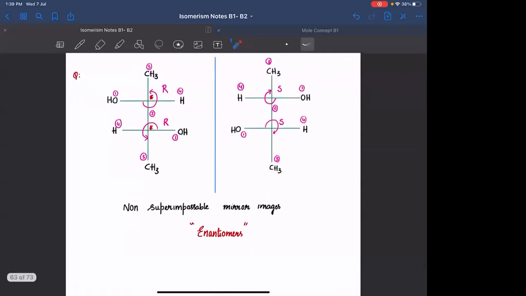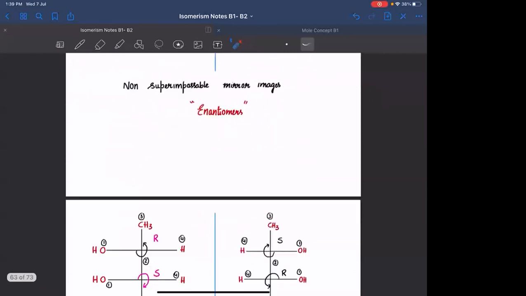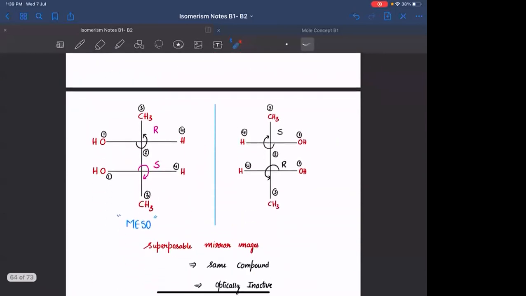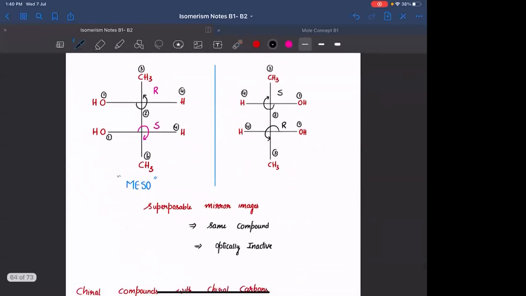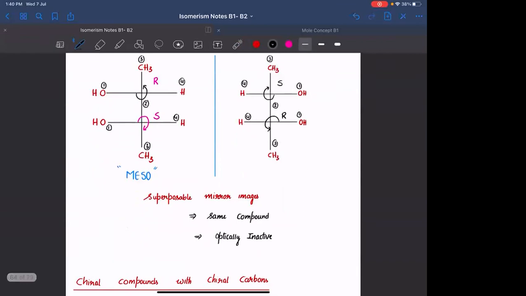Okay. These are non-superimposable mirror images, hence they are called as enantiomers. I have taken another molecule where you are forming superimposable mirror images. Matlab, if I am rotating this molecule in the plane of paper by 180 degrees, I will be seeing this particular form. So you are getting the same form. So both of these two compounds are the same compounds. If the compounds are same compounds, they are called as homomers. Okay. These two are not two different compounds, na? As these two are not two different compounds, I will call these two compounds